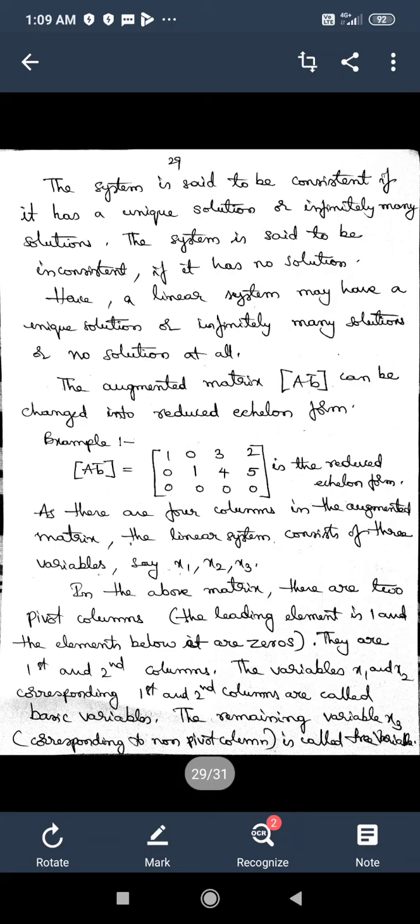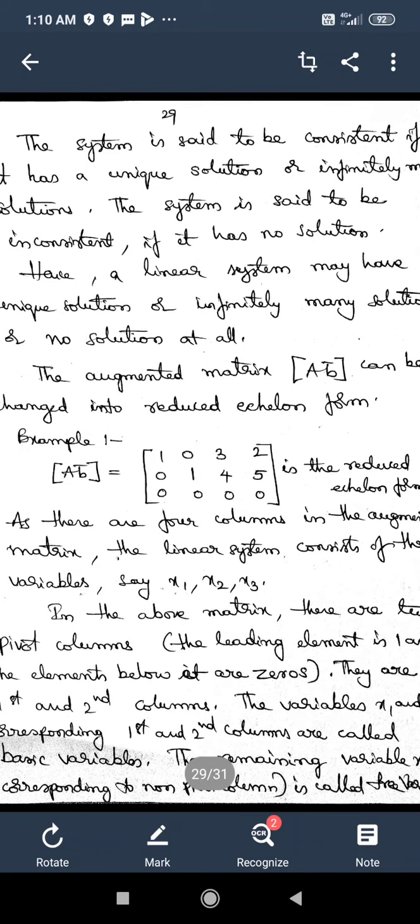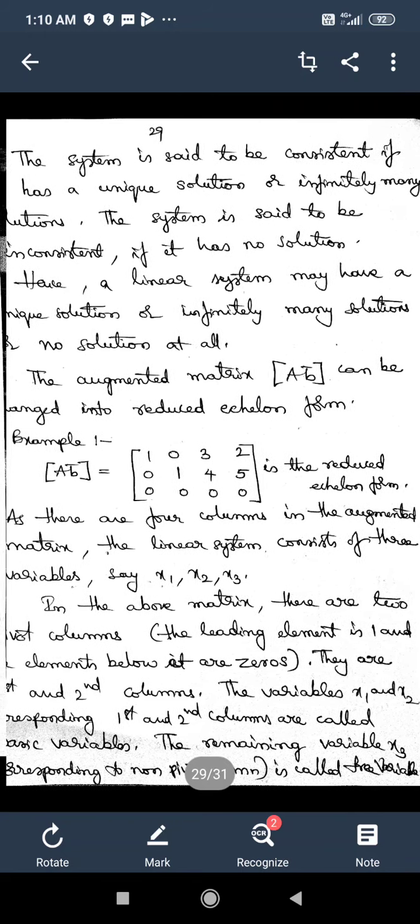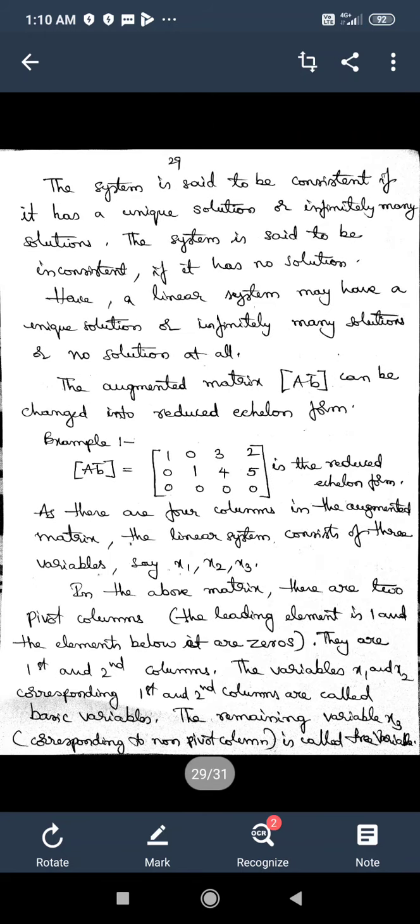How can we say that if the augmented matrix has 4 columns, there are only 3 variables? Because the last column denotes the constants, and the first 3 by 3 part of the matrix denotes the equations in 3 variables, with these numbers as coefficients for the variables. So there are only 3 variables when there are 4 columns in an augmented matrix.